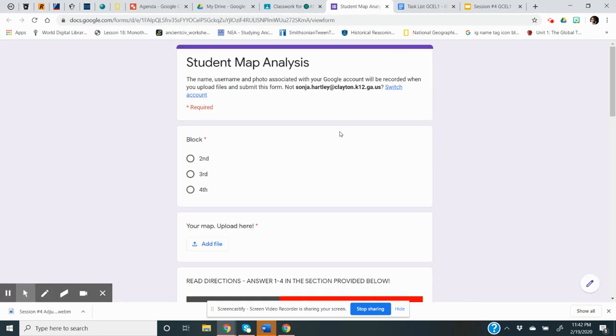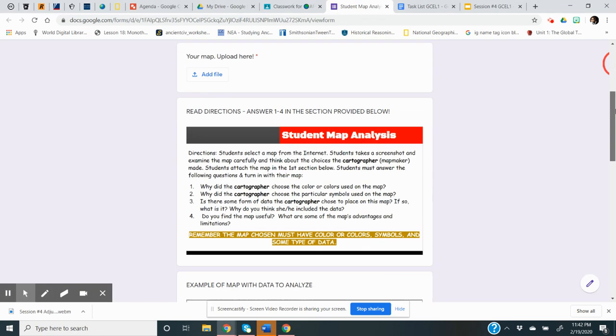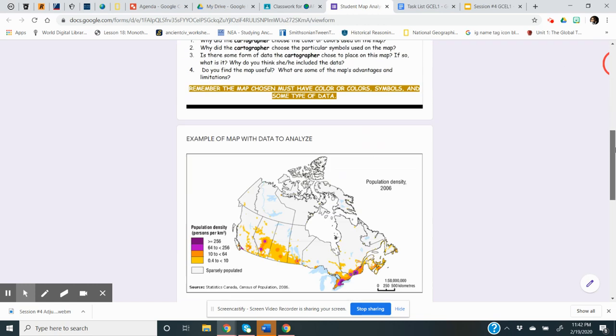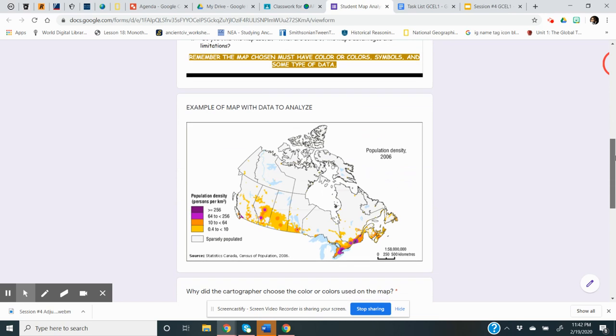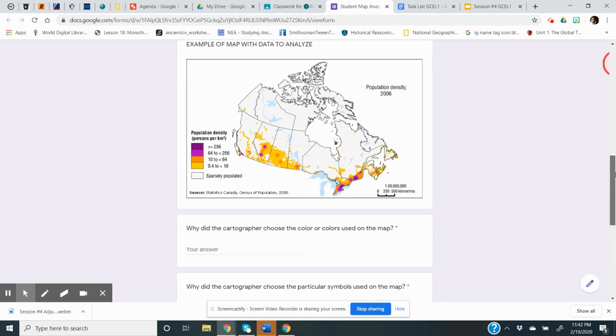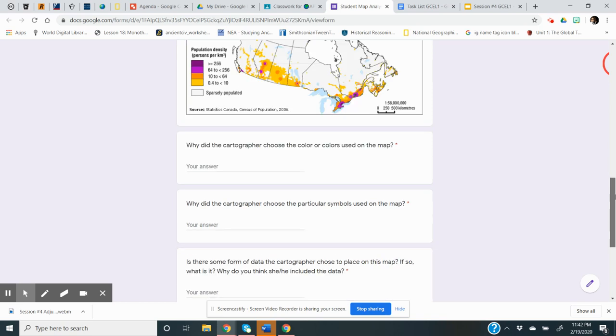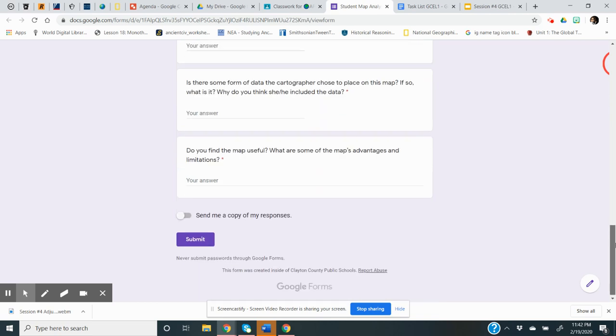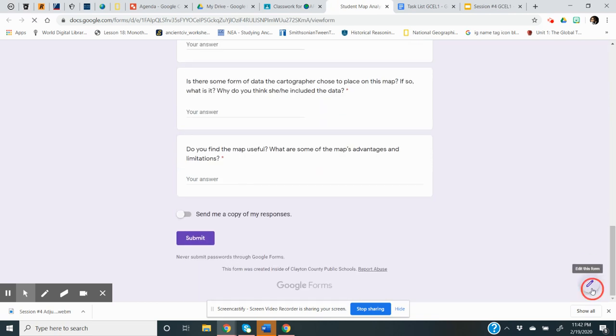So basically, this is the assignment, the directions, talking about cartographers. This is my example of a similar map that I would like for them to look for, because we're looking at regions, we're looking at various symbols within it, and then a few other questions. So to go to the results,